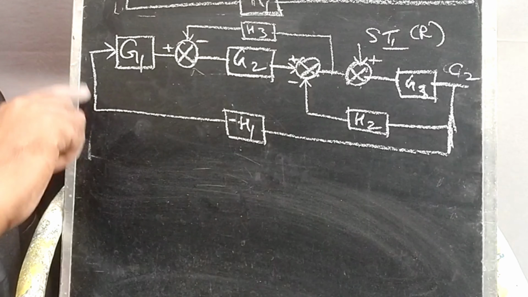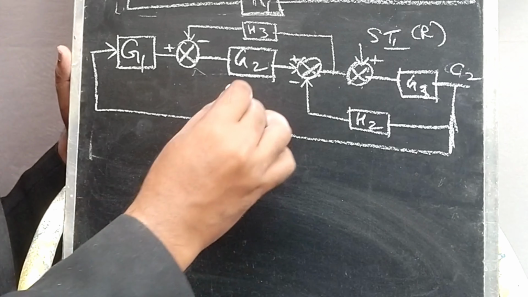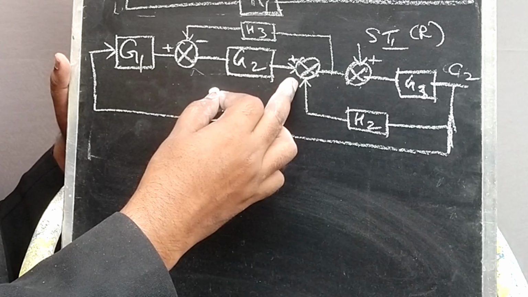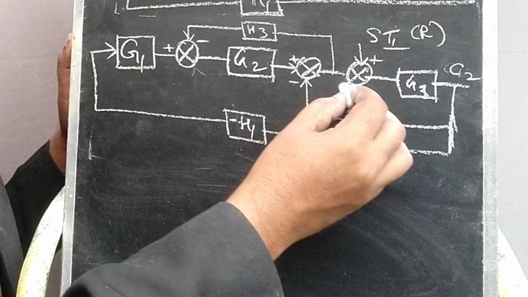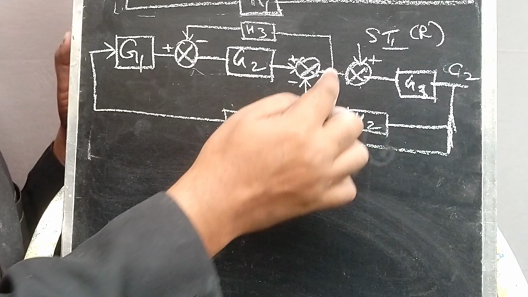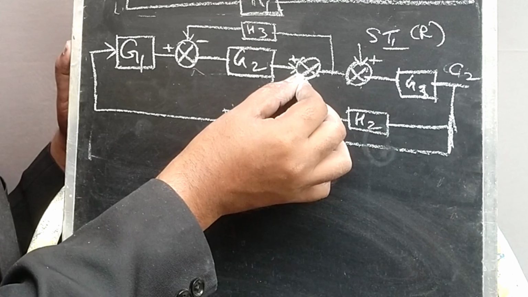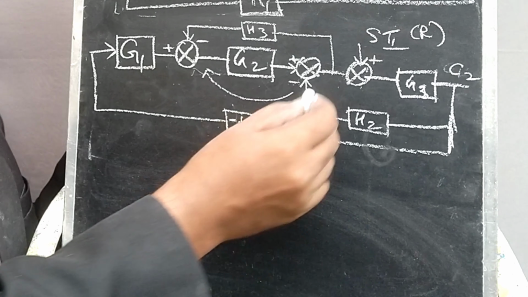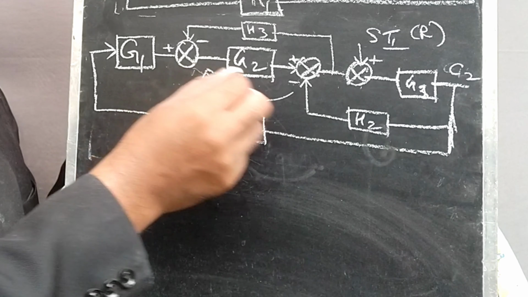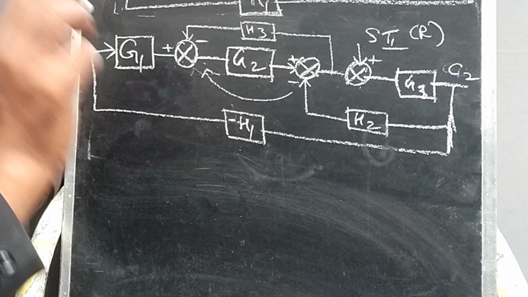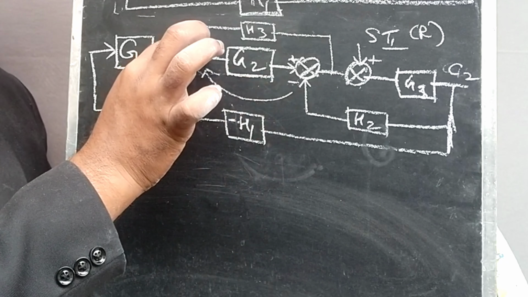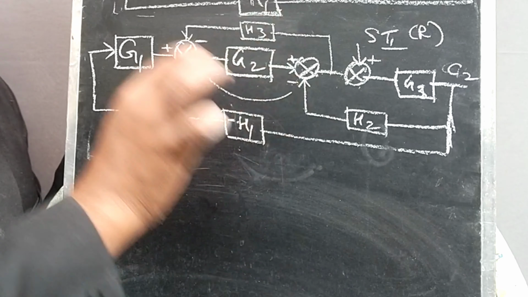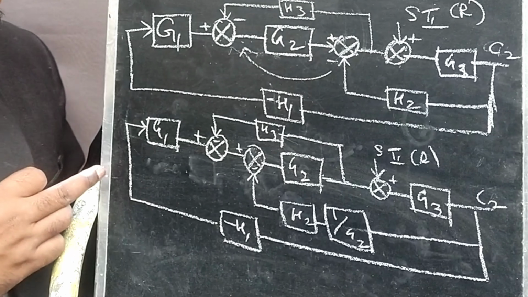So as usual, I just look if there is any feedback path or not. Just look, here it is a feedback path, here it is a feedback path, there is a disturbance, because we have a summing point in between. So this particular summing point we can't remove, because this is the input. Then just think about this summing point. If you want to shift this summing point here and then interchange the summing point, please remember, then we get the G2H3 separate feedback path. Hope you understand. So this is what we got.